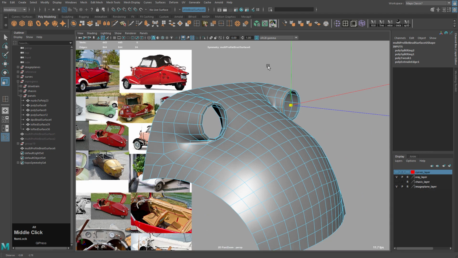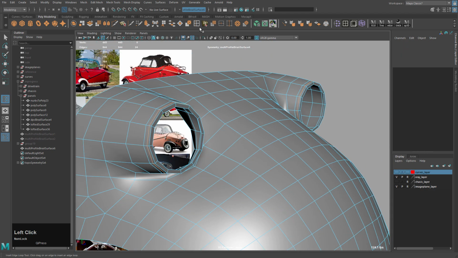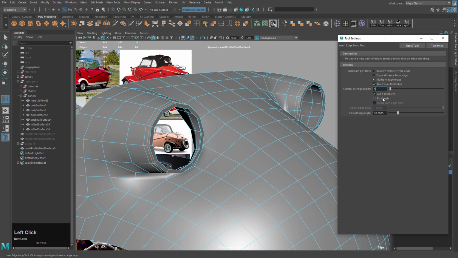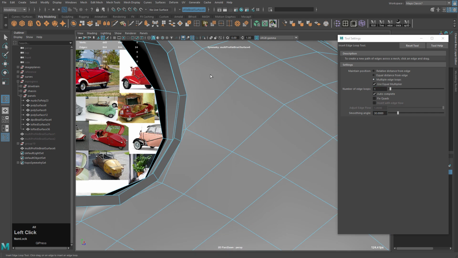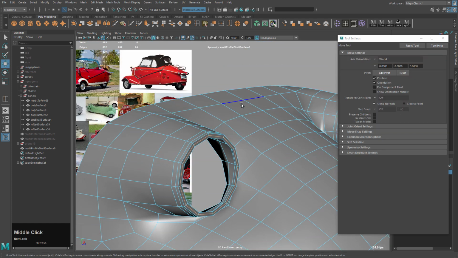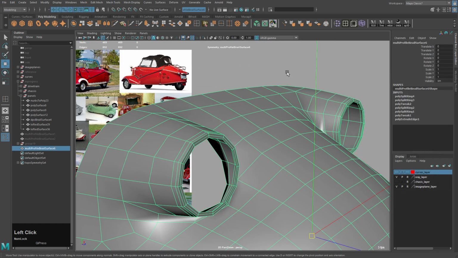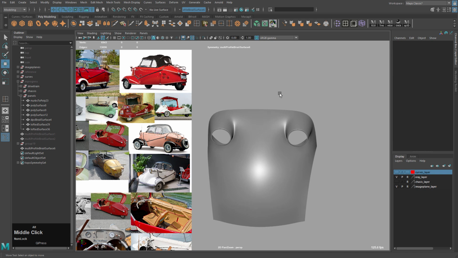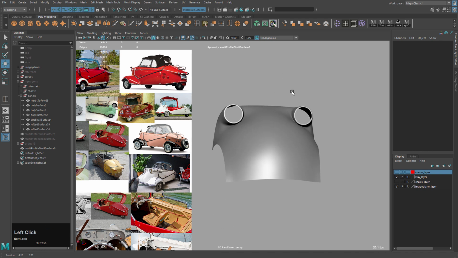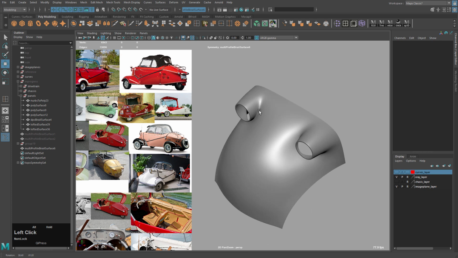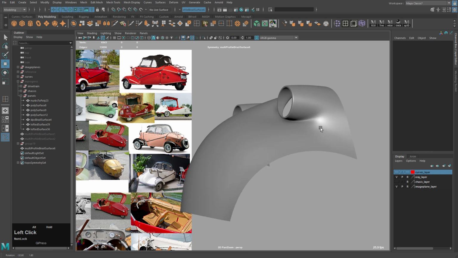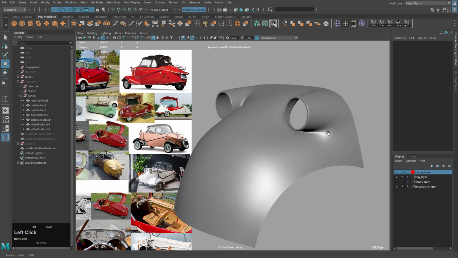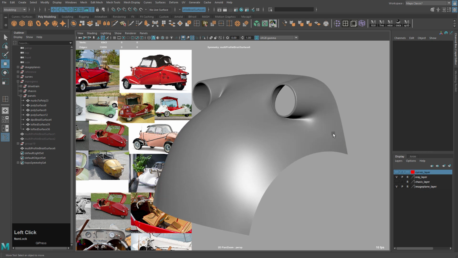And then I'm going to add an extra edge loop. Set it to multiple, 1, autocomplete on. Drop 1 here. Press minus to put the manipulator back where it was. Press 3 and preview. Alright, looks pretty good. Pretty happy with it, and we can move on to the next panel.